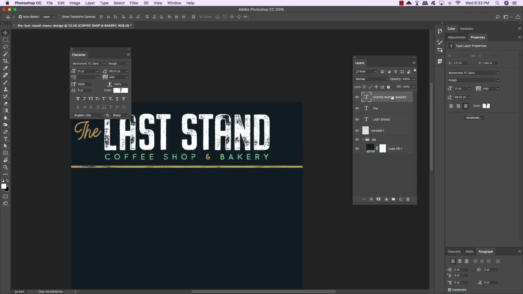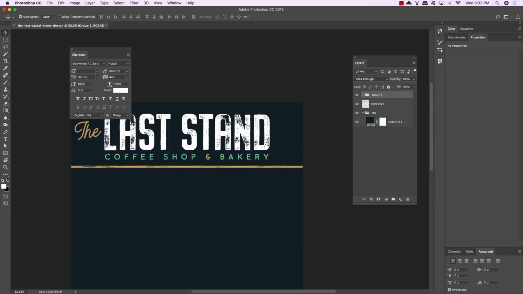Now I'll select my top text layer here, hold the Shift key and select the third text layer. So you should have all of these text layers selected together. Press Command-Control-G to put it into a group folder, double-click the Group 1 text, and call this folder TT for